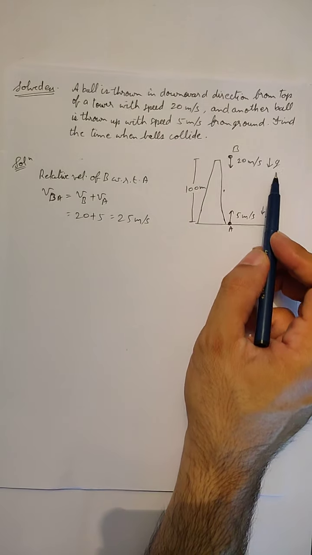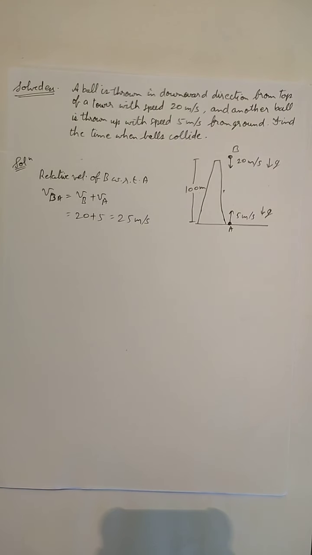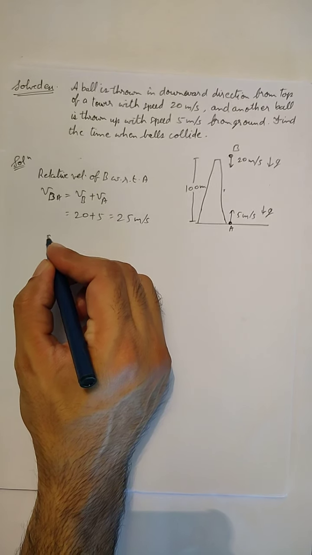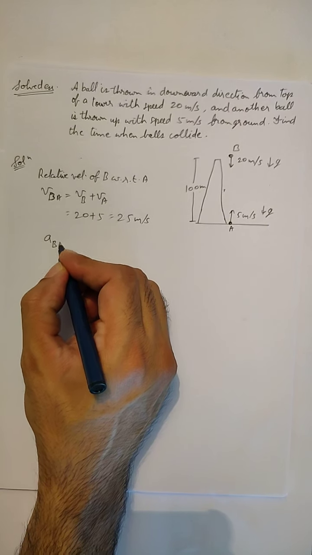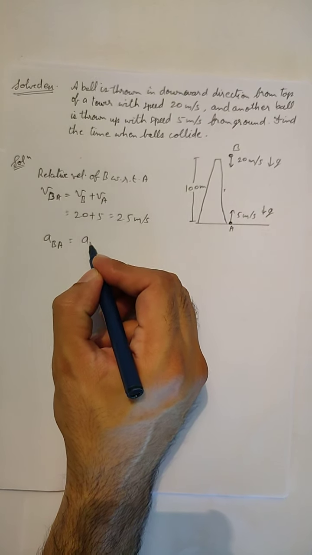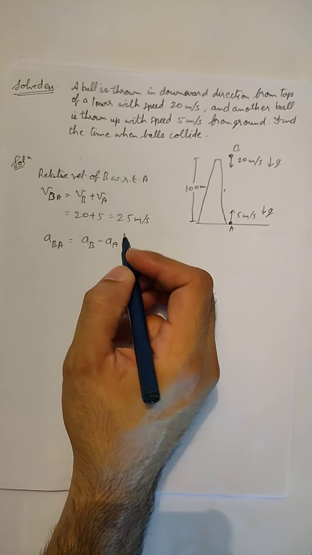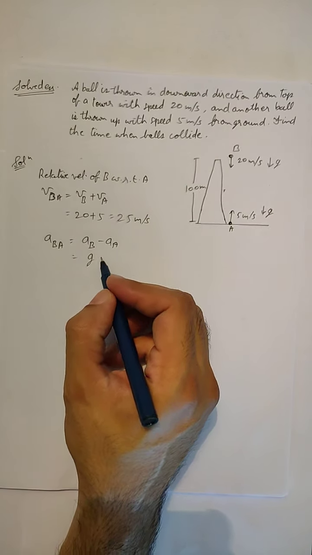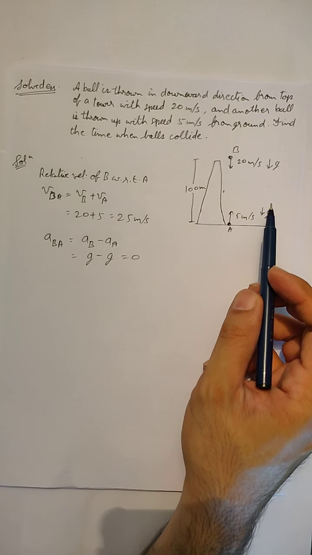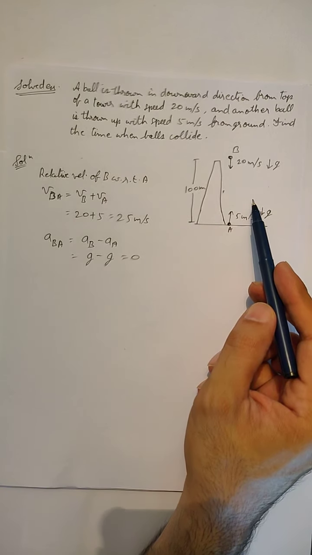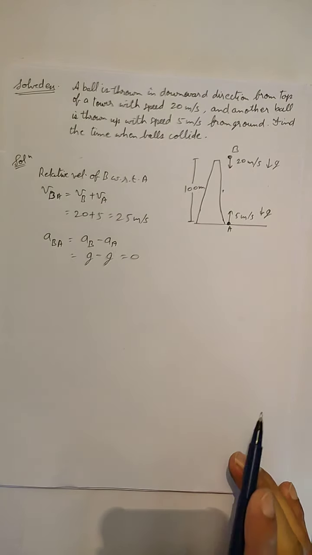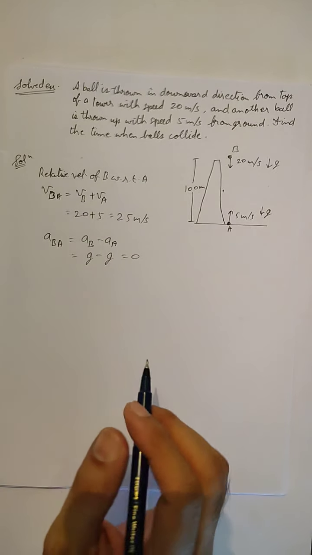This motion also involves acceleration, so we are also going to find the relative acceleration. So I am directly writing the relative acceleration of B with respect to A. Now the accelerations are both in the same direction. When both of them are in the same direction, then the formula will be AB minus AA. So it will be equal to g minus g, so 0. That means the motion will be such that there is no acceleration and both the bodies are moving at uniform speed. So we do not have to apply equations of motion, we can use the simple old formula.